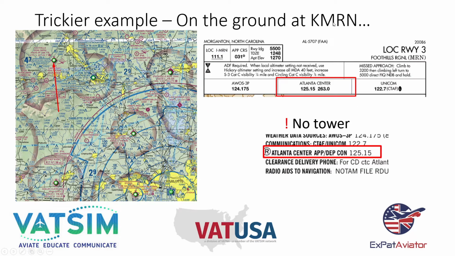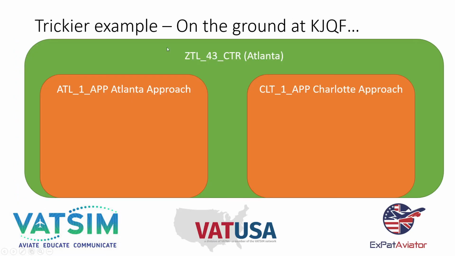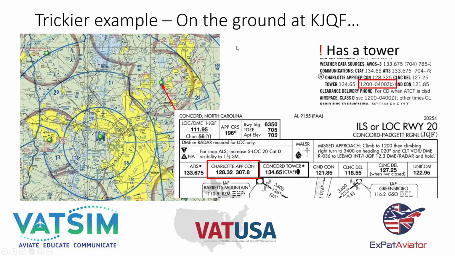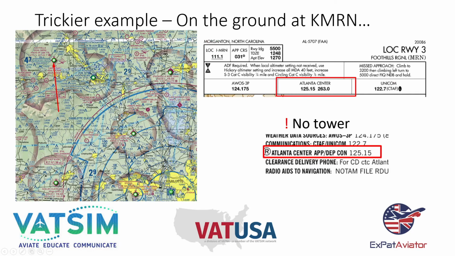Okay, Mike Romeo November. So here's Charlotte again down here, and here's the Foothills Regional Airport a ways up here, and you think, well, it's not under the Bravo, but maybe Charlotte do control it. Again, pull up an approach chart, pull up the facilities directory if maybe there aren't any approach charts, and in this case you see that it's Atlanta Center. So you're looking at this ZTL controller here if they're on. Your Charlotte approach controller is not going to want to control you here.